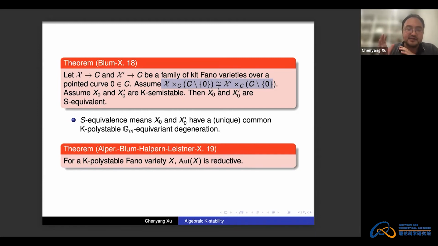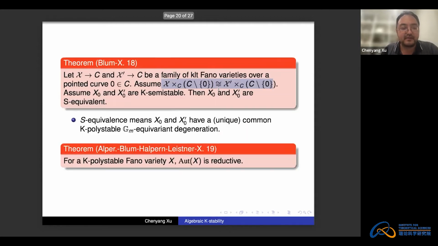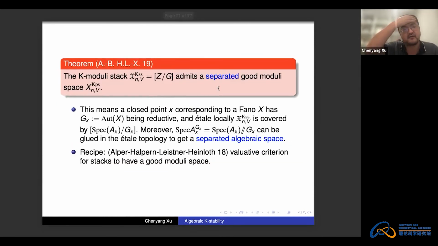And if you assume a singular Kähler-Einstein metric, that was actually much harder to prove. This was in CDS10. But now there is a completely algebraic proof of this. So actually, in this paper, by Blum, Halpern-Leistner, Xu, and myself, which enhanced this paper by Blum and myself, we showed that this moduli has a separated good moduli space. So you might not have heard what a good moduli space is, but